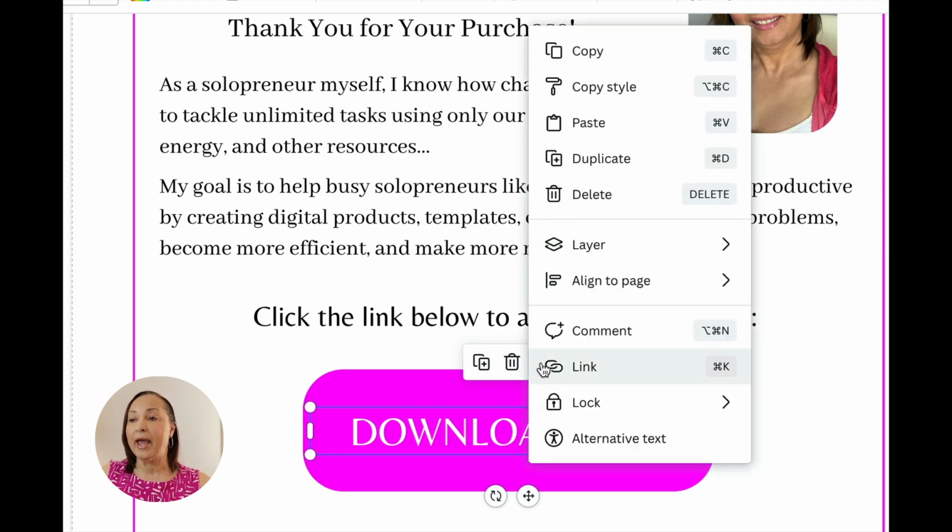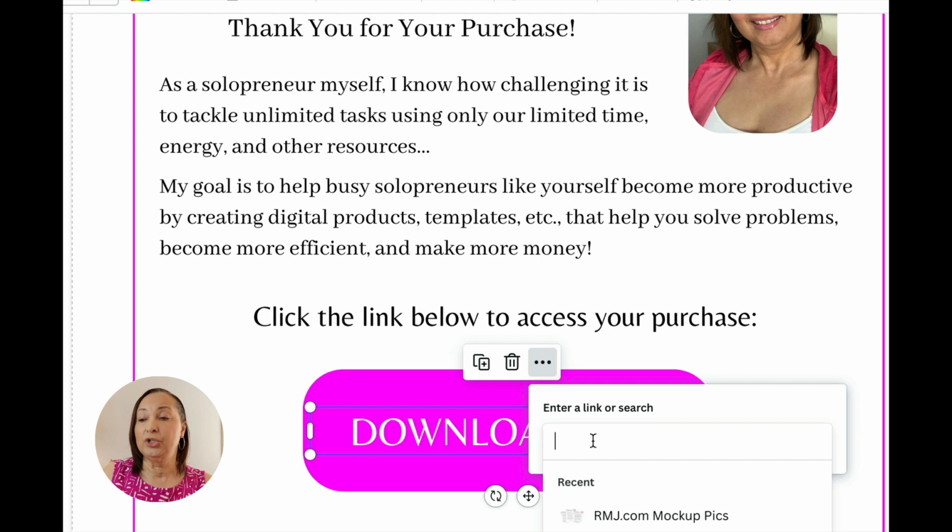Once I click on that, I'll just paste that in, and it's important that you hit the enter key so that that link is actually created. Now you can follow the same steps to download this as a PDF, because this is going to be a necessary part of our sales process once we get to the point of actually creating our sales page and all of the digital assets that we'll need to send to our customers. So step one, really simple, very easy to do.